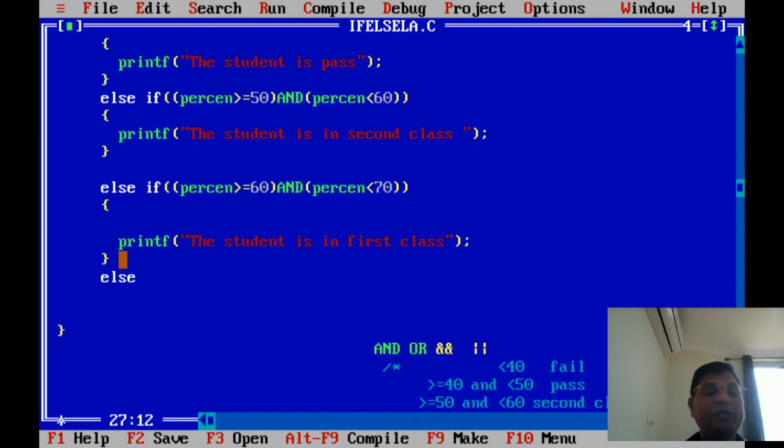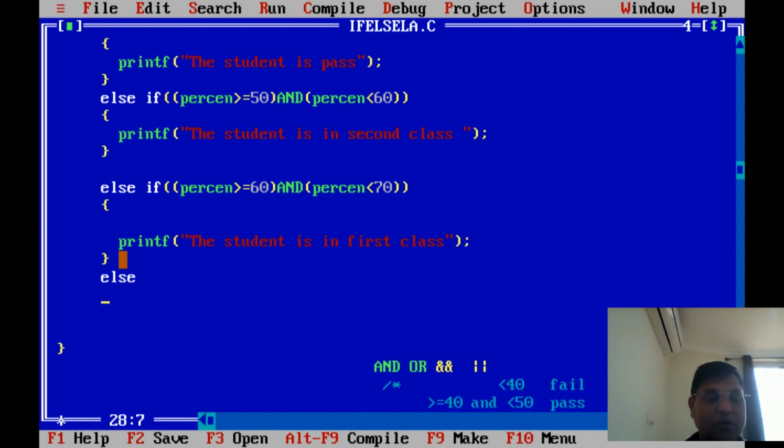Now here you don't need to check any condition because there are no other conditions to check. Just write else. Else what to do? Printf: the student is in distinction. Am I right? The student is in distinction because none of the conditions is true, so it comes to distinction.